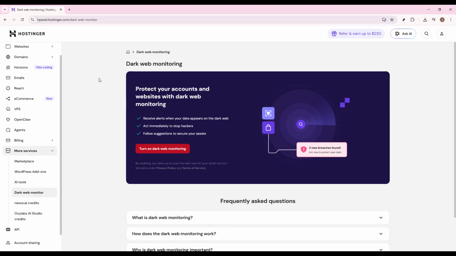From there, you can use the feature to help track whether your information shows up in dark web data breaches or leaked records. It's a smart step to take if you want to stay ahead of possible security issues. And that's it. You've now enabled Dark Web Monitoring in Hostinger. It only takes a few clicks, but it can make a big difference when it comes to protecting your online